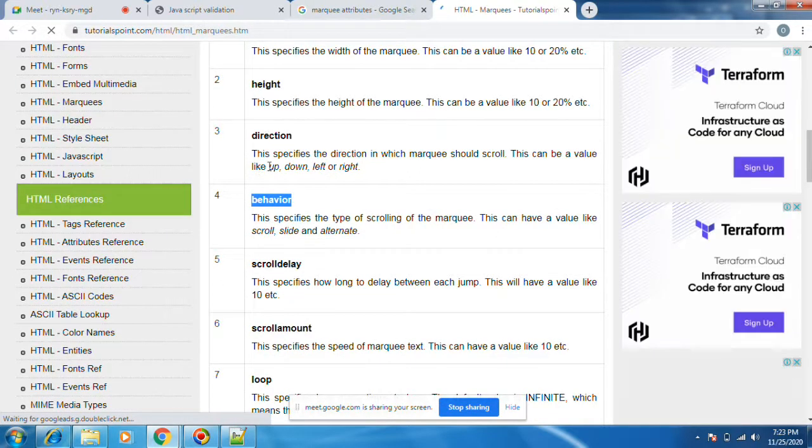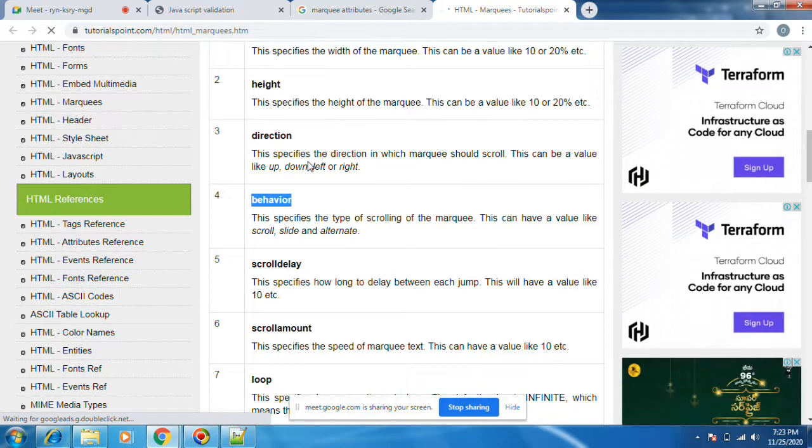Direction: up or down or left to right. This is also there.